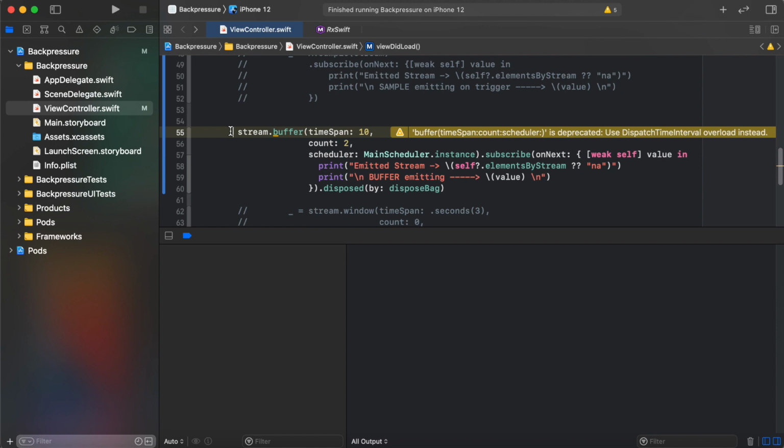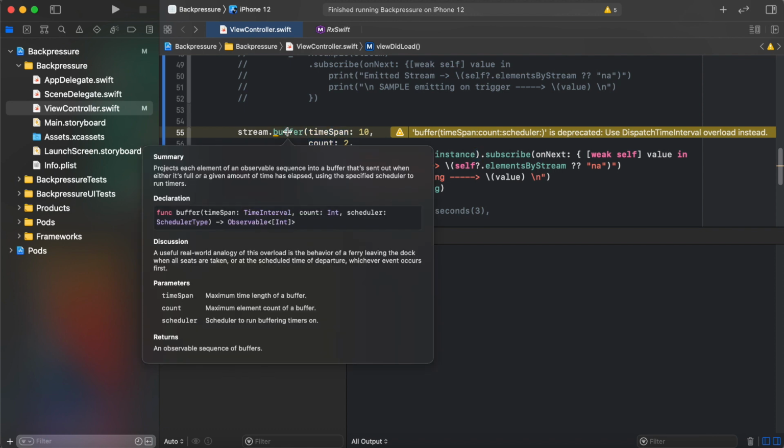It has already been a very long session, but don't worry, now we are at the last section of it. And as the lossless solution, we are going to implement the buffer operator. If you look into the details of the buffer operator, it has 3 parameters. For now, you can ignore this particular warning and just focus on understanding the working of the buffer operator.